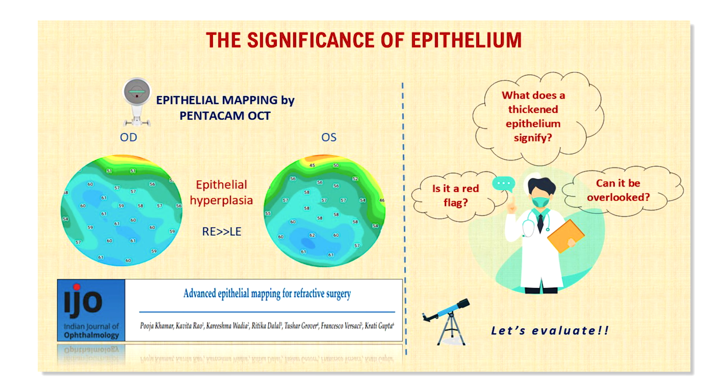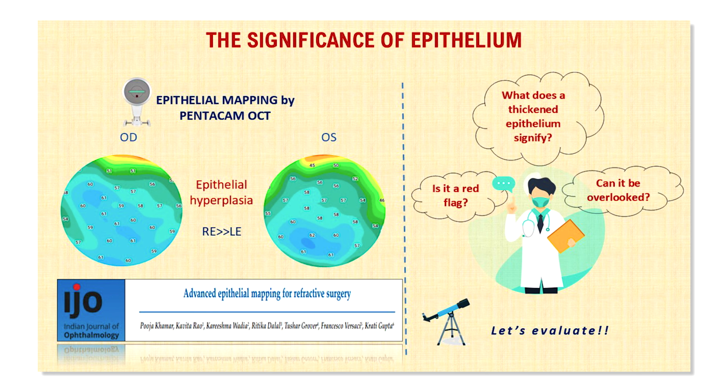And let's say now it's clear that it's not an ectatic case. So should I go ahead and do a refractive surgery for this patient, or is this still a red flag sign? You always have to understand that whenever there is an irregular epithelium present, you always ask for history of what is there, how do they commute.